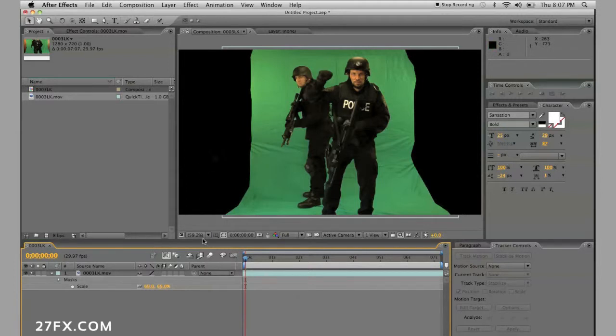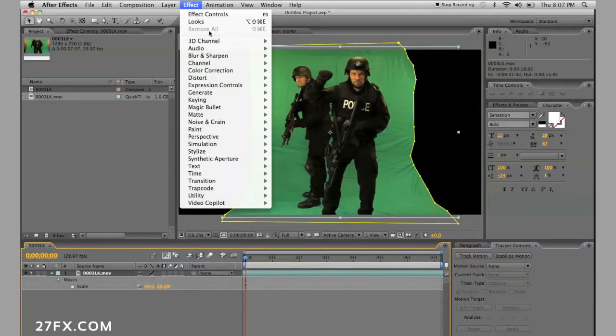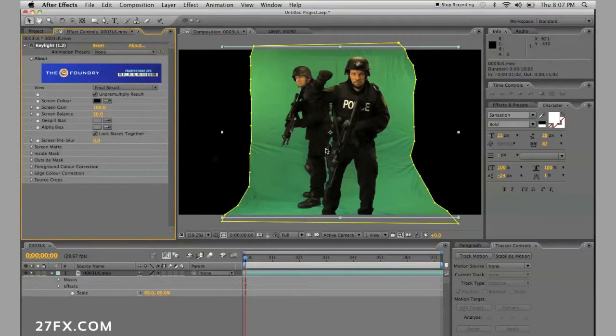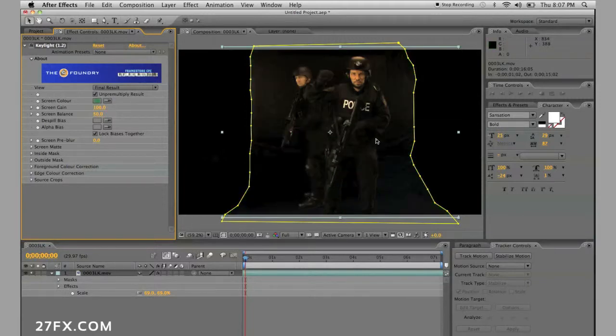So now we're going to select our layer, and go to Effect, down to Keying, and Key Light 1.2. This is a great keying utility. I love how quick and easy this is. We're going to grab an eyedropper, and we're going to get kind of a problem area. We're going to take a little darker, get really close here, and click. Okay, it looks like it did the job,